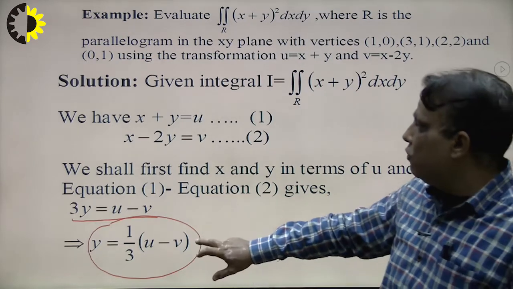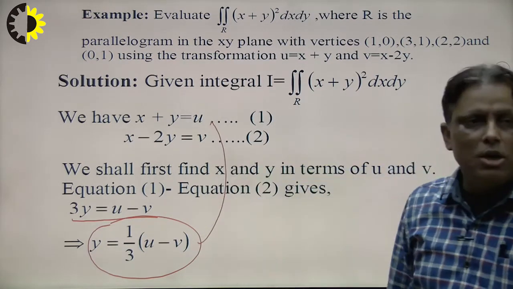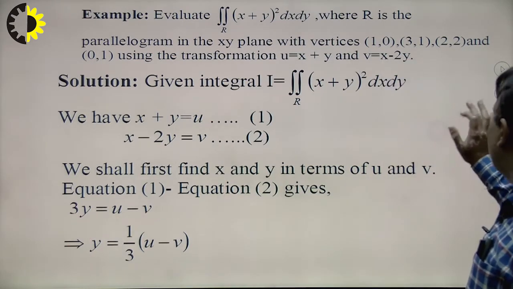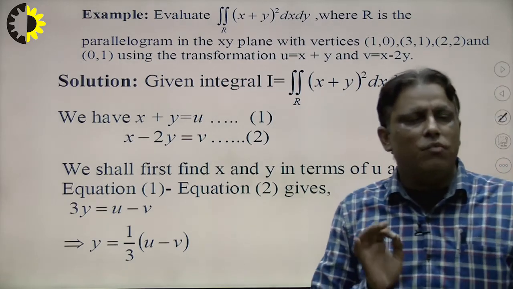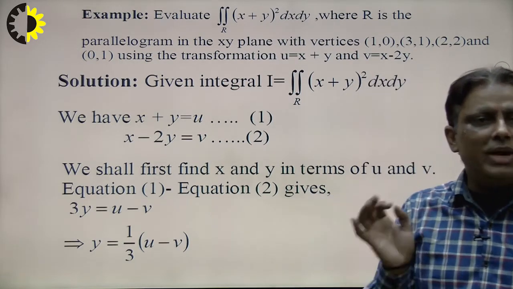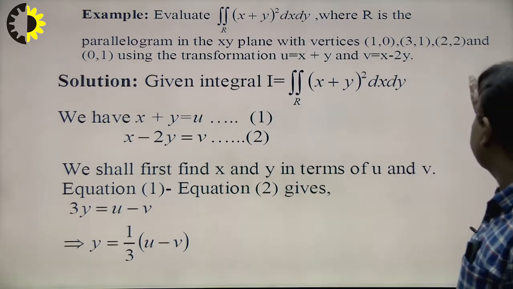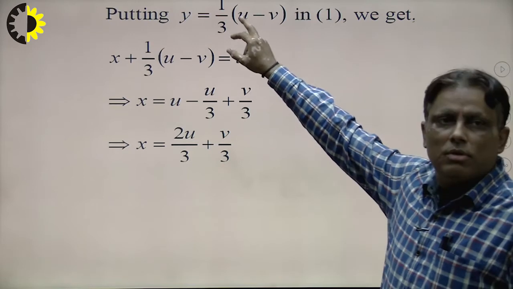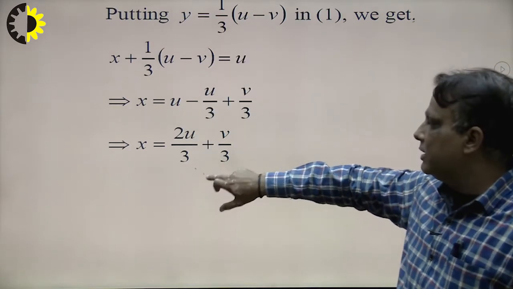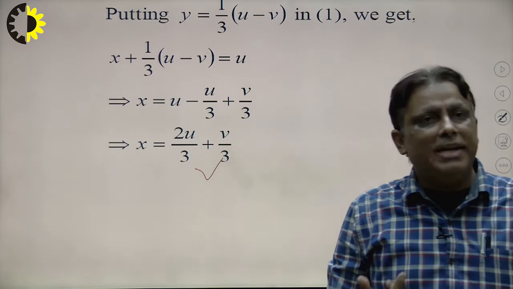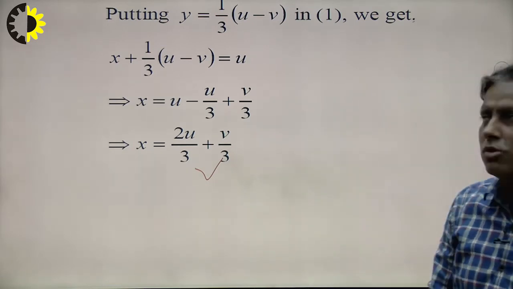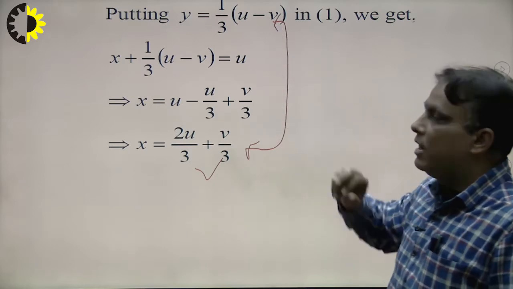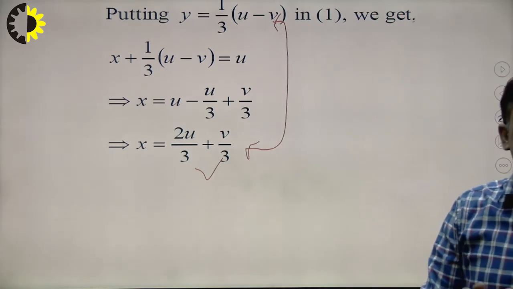Suppose I put the value of y in this equation or in this equation, so we can calculate the value of x in terms of u and v. So students, keep in mind, that is the first criterion: first evaluate the value of y in terms of u and v, and after this we calculate x by putting the value of y here. So in this way we find the values of x and y in terms of u and v. This is the first step of this problem, that means we are able to change the xy variables into uv.